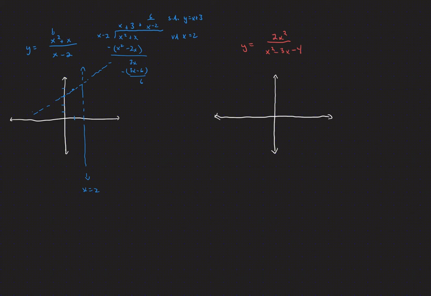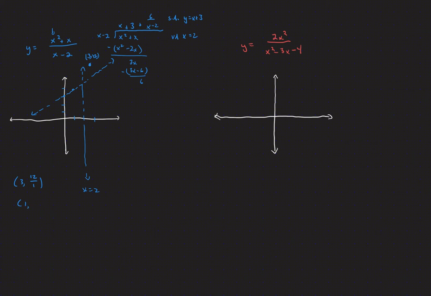So we want to pick a point on either side of the vertical asymptote. So let's plug in, say, 3. When we plug in 3, 3 squared is 9, plus 3 is 12, and 3 minus 2 is 1, so 3 is going to be, well, it's going to be way up here. So I'm going to call that 3 comma 12, but you're going to have to use your imagination a little